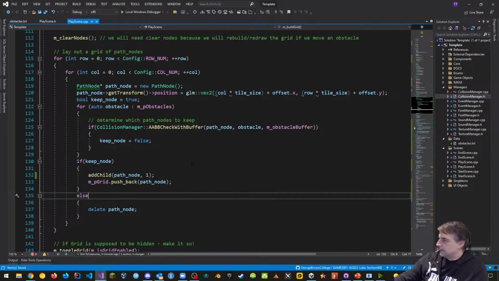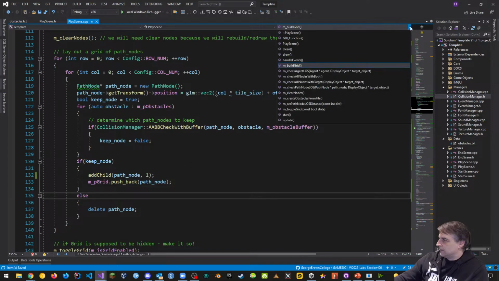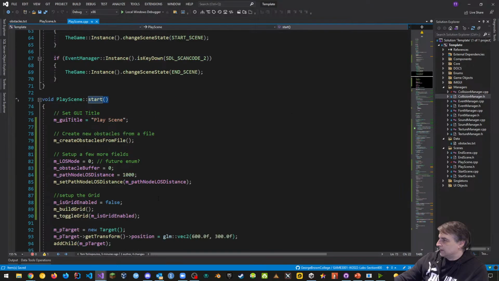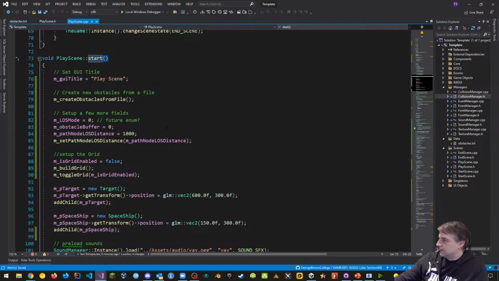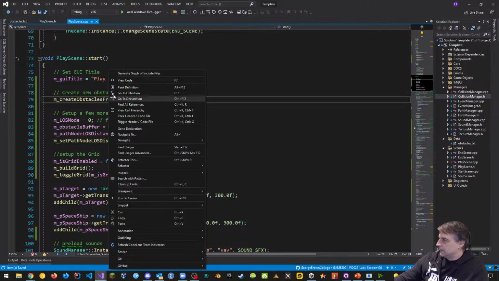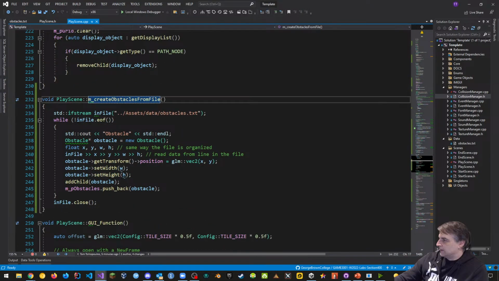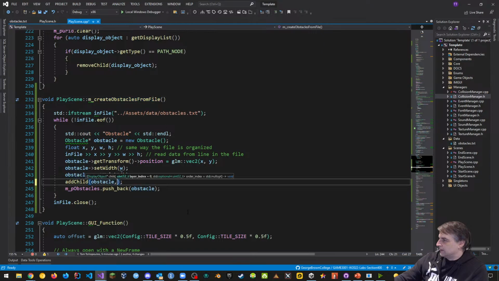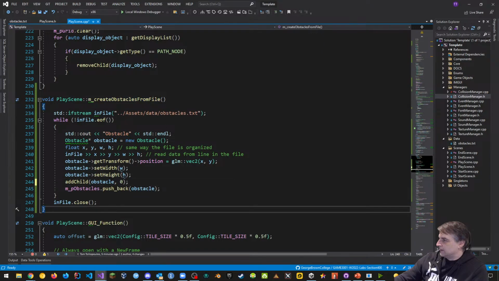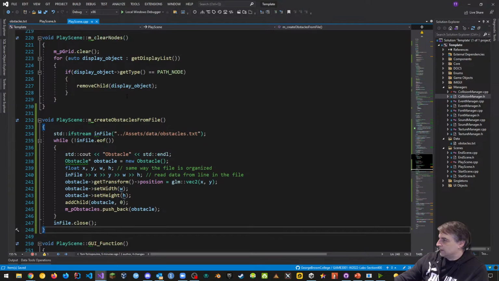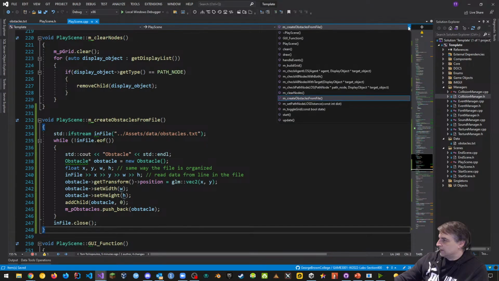And then what we can do is in the start scene. So if I go into the start function, so these are just tweaks. In the start function, when you add the create obstacles from file, let's go to definition. We can specify that each of the obstacles are being added into the 0th layer if you want to be really specific. So that's the bottom layer. So it goes 0, 1, 2, and so on. These obstacles aren't going to change once they've been added, but they're going to redraw the grid. So the grid gets drawn at 1, and then let's hop to start.